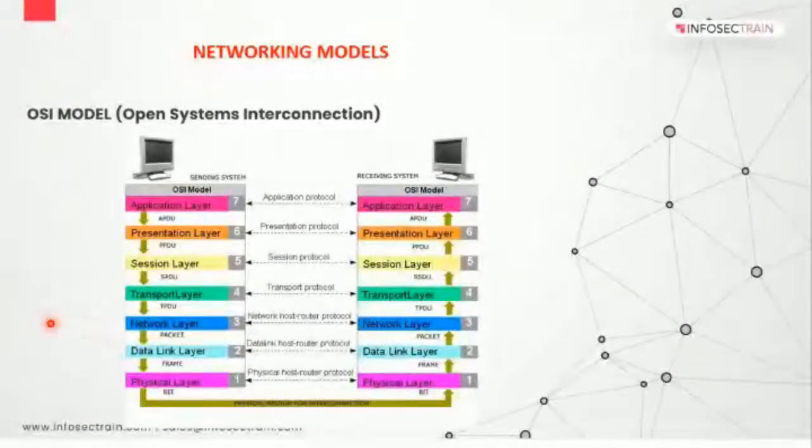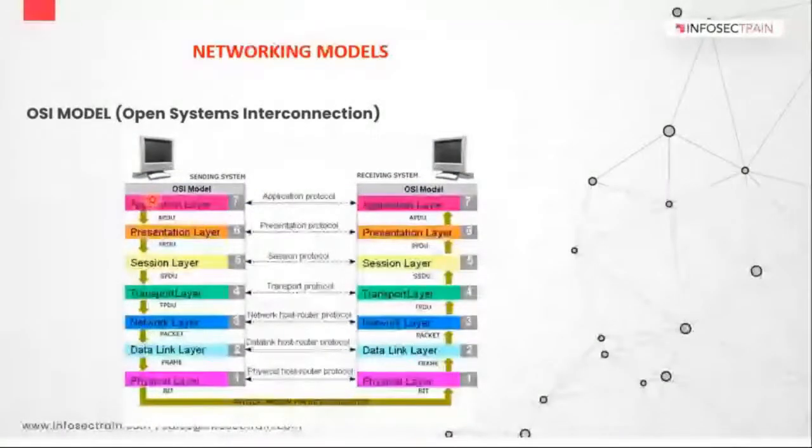So what is the work of your application layer? Your application layer is your GUI, graphical user interface. Anything that you can see, that is your application layer. Clear, everyone?